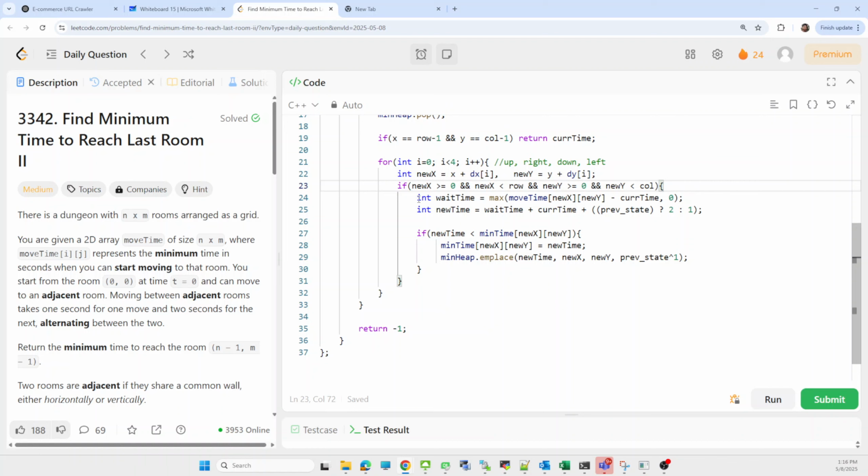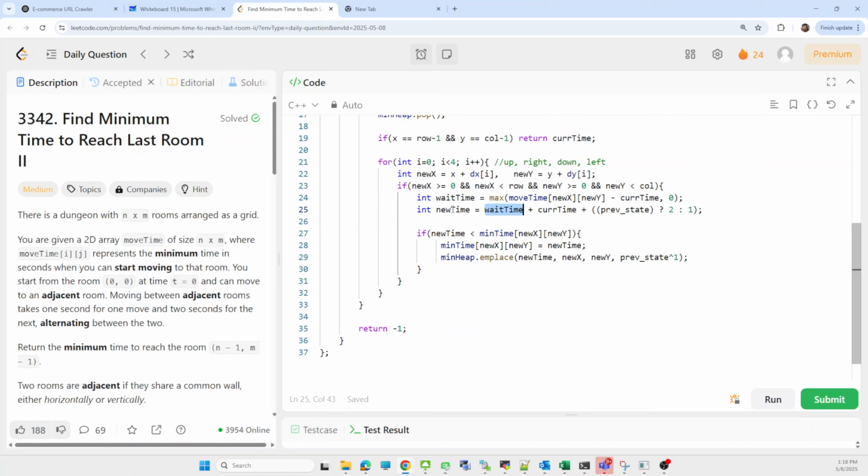After that, we have to check the wait time needed to open the current room. It depends on the wait time, the move time and the current time. Current time is of the previous room and the move time. The difference of those is the wait time. So we'll take the wait time in.